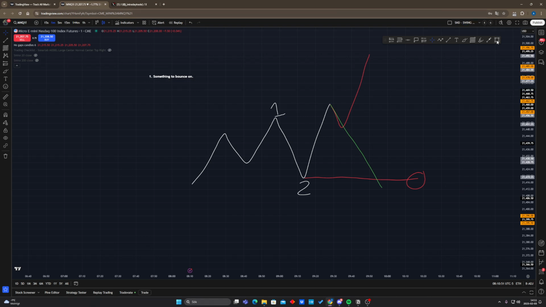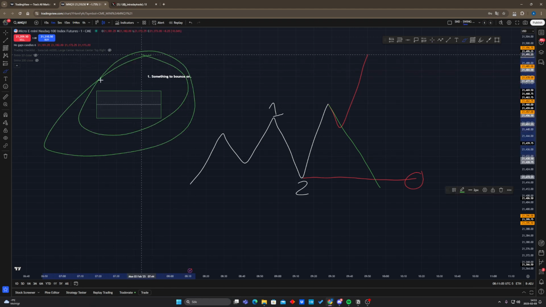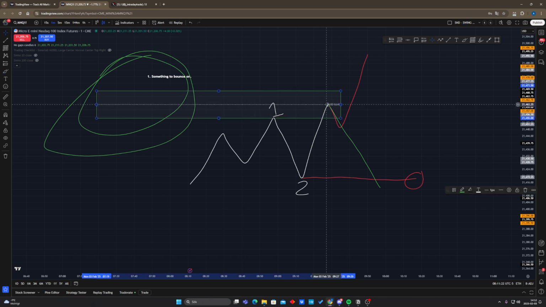Okay. This can be met by either like an unmitigated zone, it can be imbalance, it can be this and that, and you kind of have to understand that based on what has happened over here. What can we bounce on? If there's not something significant that we can bounce on, we're most likely not bouncing from here to push us back down into this level. So you need to find something to bounce on that is significant enough for price to head back up into this 50% level and push down,